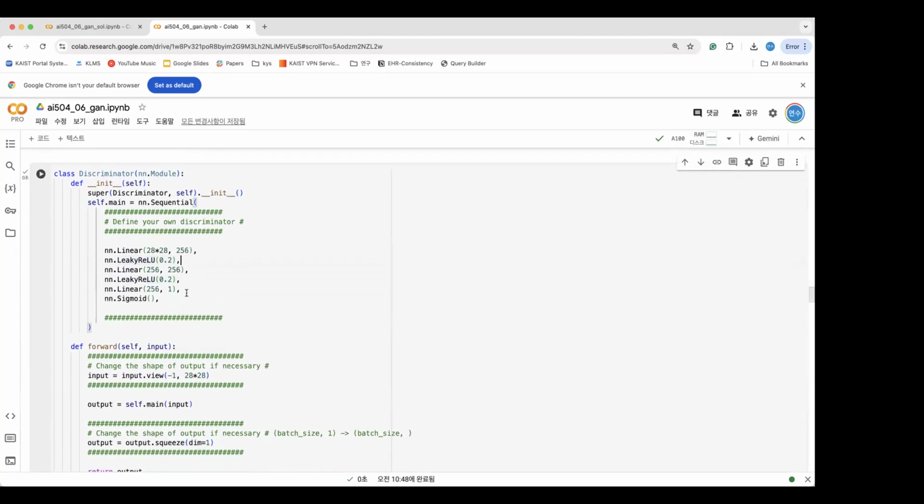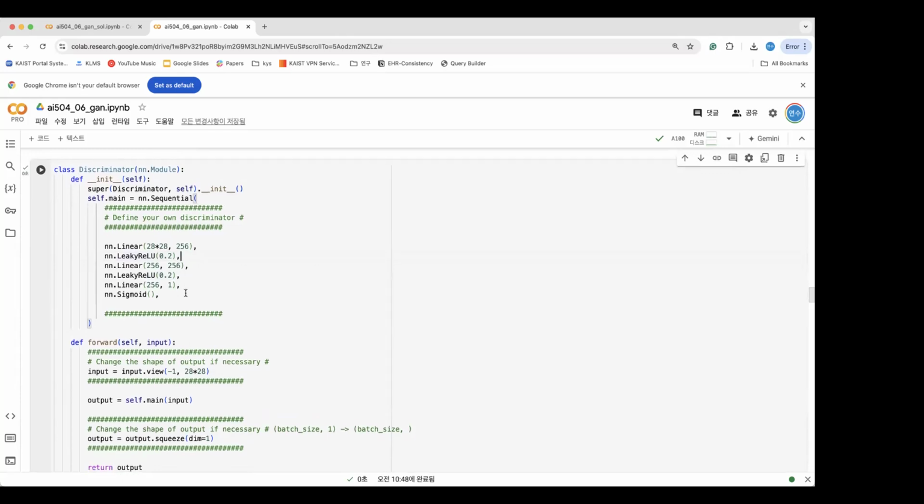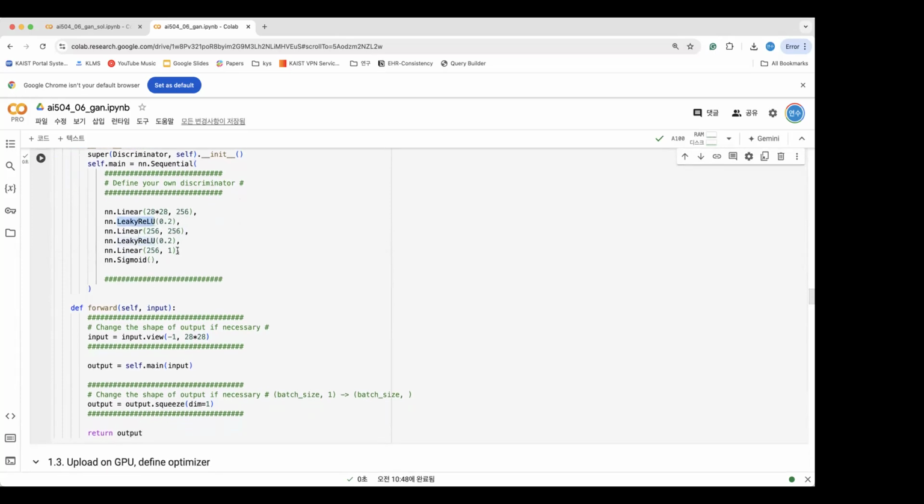The network includes 2 hidden layers, with 256 neurons. But why do we use LeakyReLU instead of ReLU? Because it allows small non-zero gradients when the input is negative. This prevents the dying ReLU problem, so we use LeakyReLU, and the last linear layer reduces